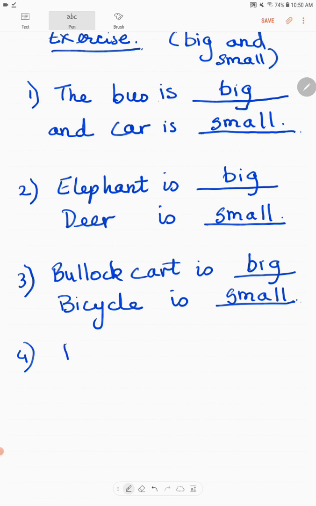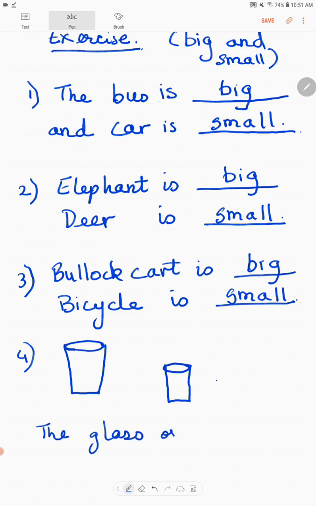Now let's do one more. Now I'll draw. What is this? Now this is a glass, so I will write: the glass on the right is dash.